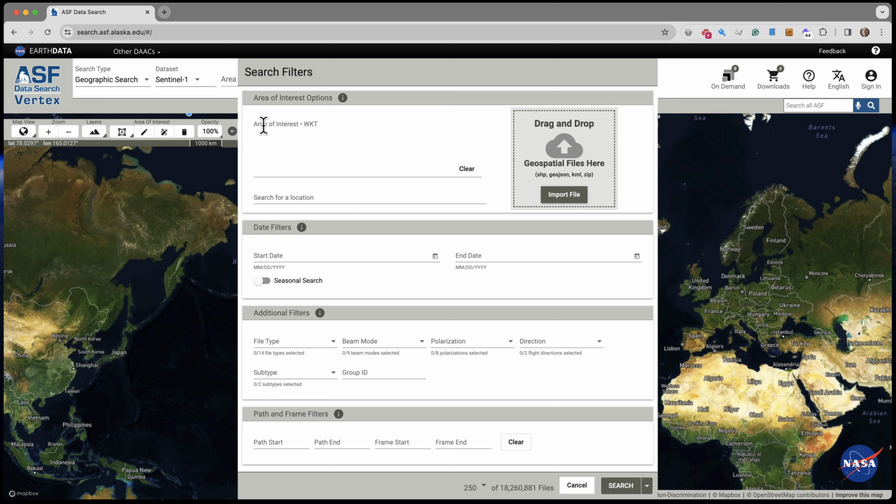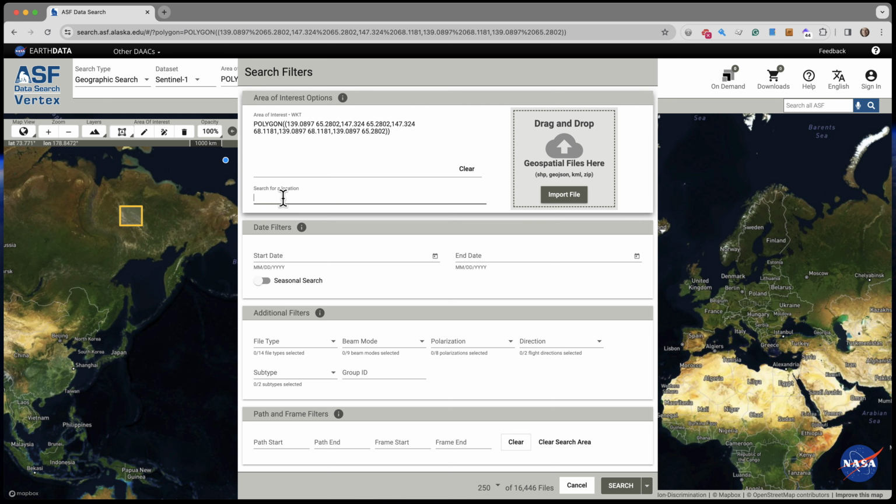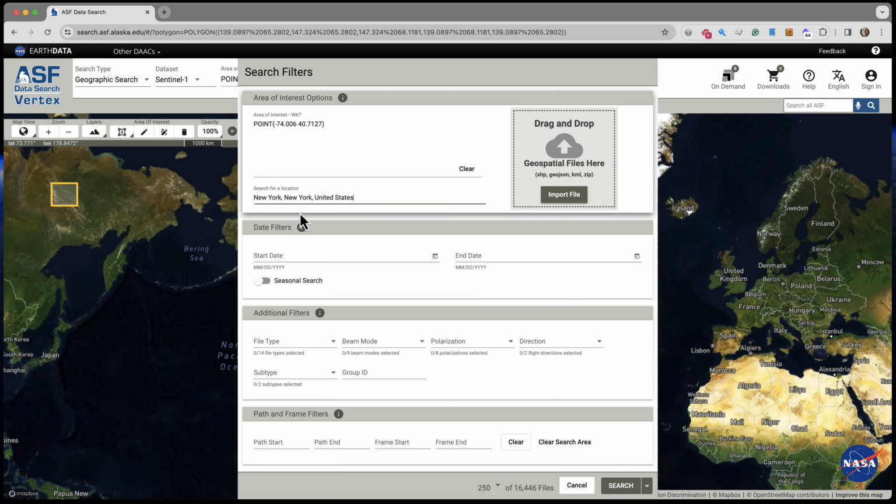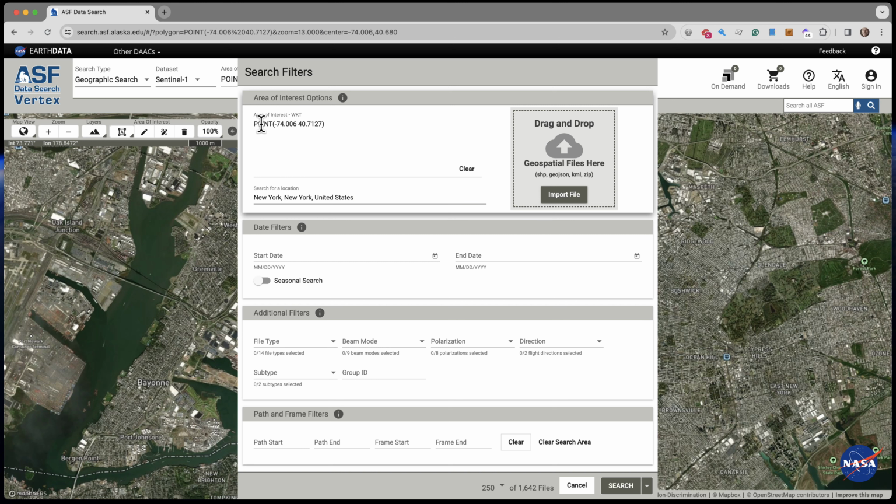You can select an area of interest, because right now you have 18 million records that'll be returned if you just say you want to do a geographic search on Sentinel. Obviously, you don't want that. You want to define some area that you want to search, and so you can come out and draw, and it's going to show you a polygon area of interest, a well-known text file here. And you can accept that, or you can come down here, and if you're interested in a particular spot, for example, New York, you can type that in. We will go find that for you and tell you that's a point search over this given point.